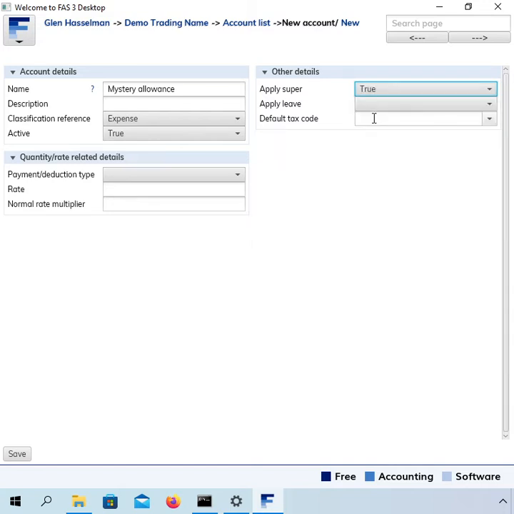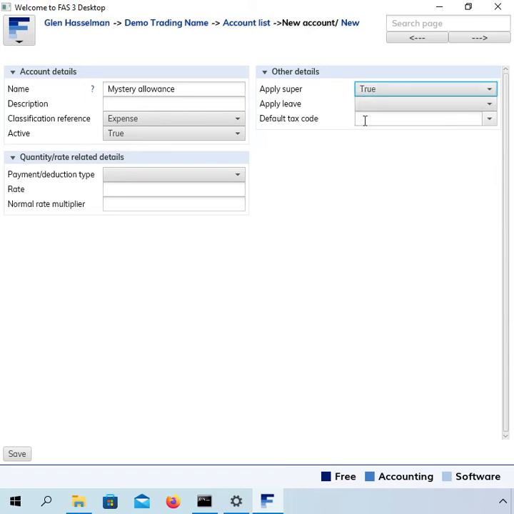I guess when things are taxable, they earn them in ordinary time. It's I guess super on top. If it was overtime related to overtime, it wouldn't, and that'd be how the super works. But you can choose, so you've got to consider whether your allowance is going to get super on top or not,